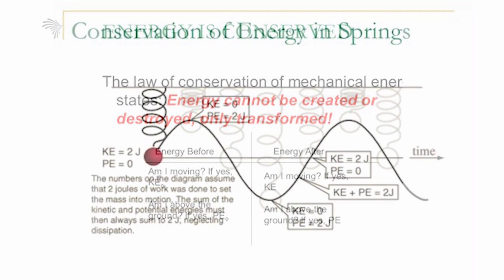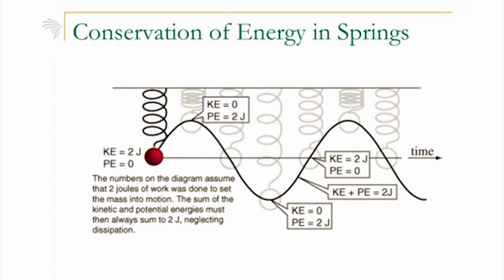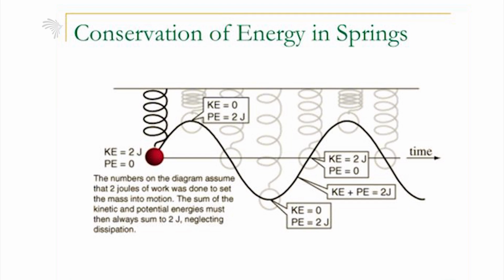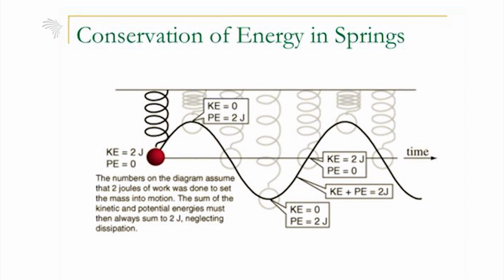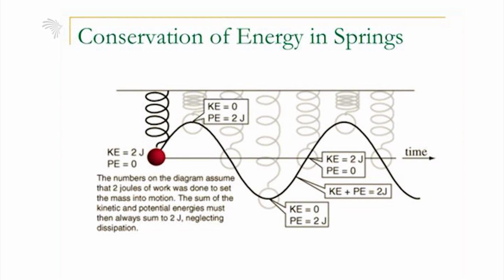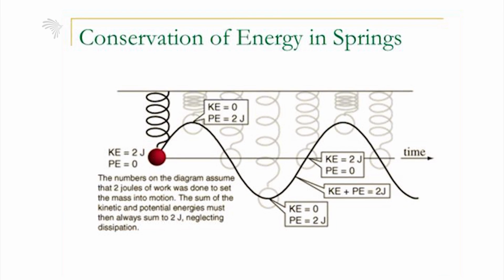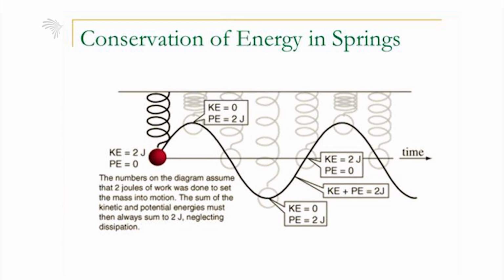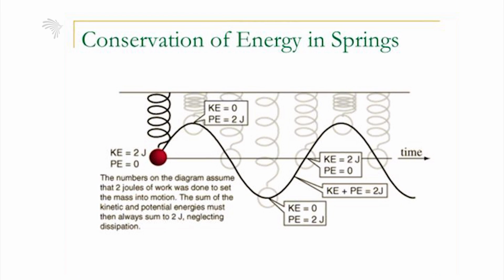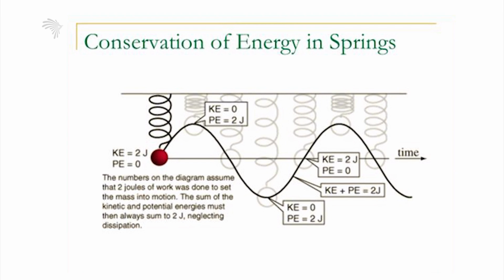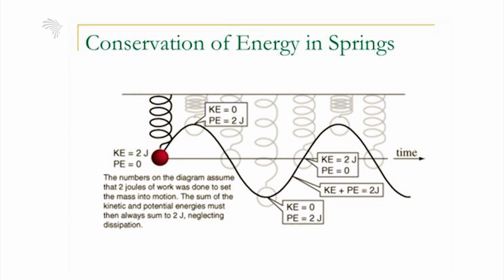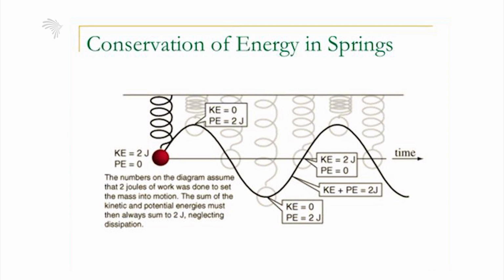If you see conservation of energy in a spring on the screen, then at position 1 we have a kinetic energy of 2 joules and a potential energy of 0. So the sum of kinetic and potential energy is 2 joules. But after a while, when it reaches a certain vertical displacement, which is maximum compression, at that instant there is no kinetic energy, meaning all the kinetic energy is converted into potential